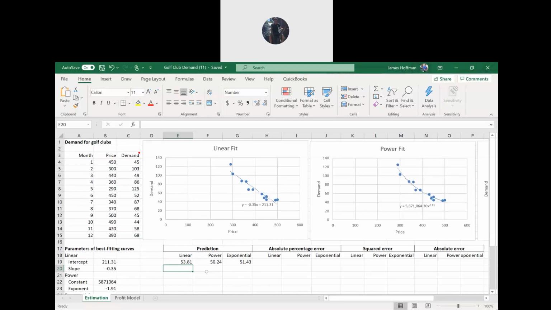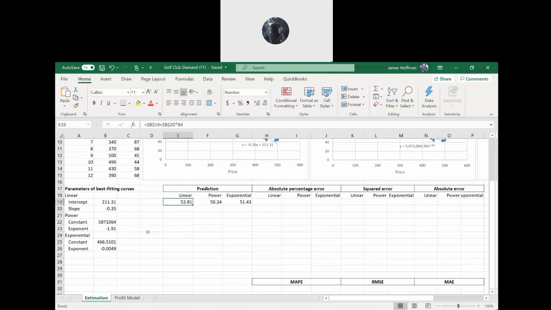All right, so if we got this equation and this equation and this equation, what we can do